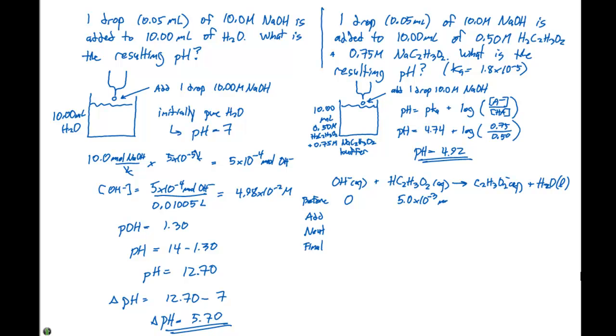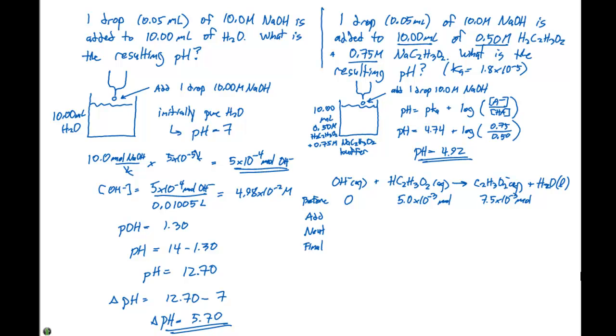minus third moles. Same thing when we take 0.75 times 0.010, we're going to get 7.5 times 10 to the minus 3 moles as well. Okay, and we get that by taking the concentrations in moles per liter and multiplying by the volume converted over to liters. The amount that we're adding is we're adding 1 drop of sodium hydroxide, which is going to be